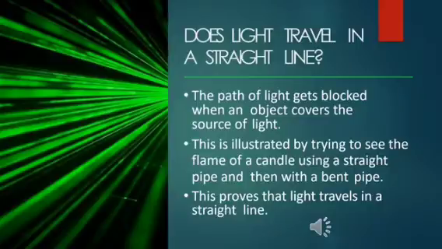Okay. So when the path of this light gets blocked by any object, we know there is a shadow being formed. That is, if it's an opaque object, it forms a shadow. This is one important proof which shows that light travels in a straight line. Are you following? And I think last year also we have done this experiment where we had 3 cardboards made,